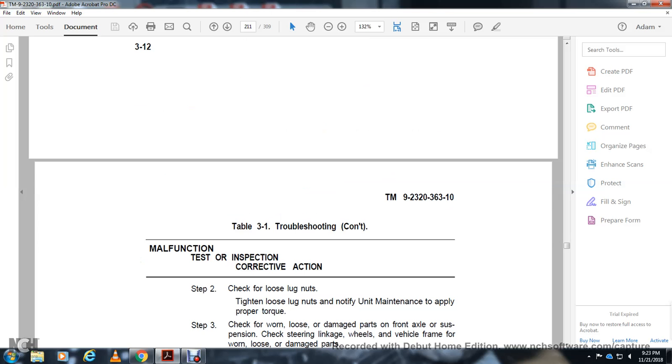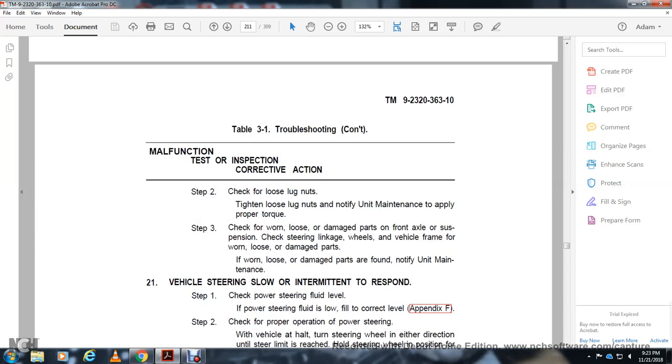Step 2, check for loose lock nuts. Tighten loose lock nuts. Notify the unit maintenance to apply the proper torque. Step 3, check for worn or damaged parts of the axle suspension. Check the steering linkage of the wheel and vehicle frame for worn, loose, or damaged parts. If worn, loose, or damaged parts are found,